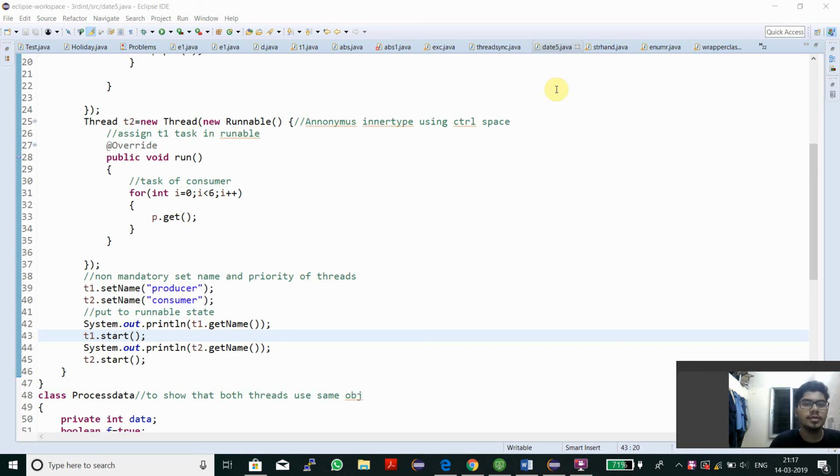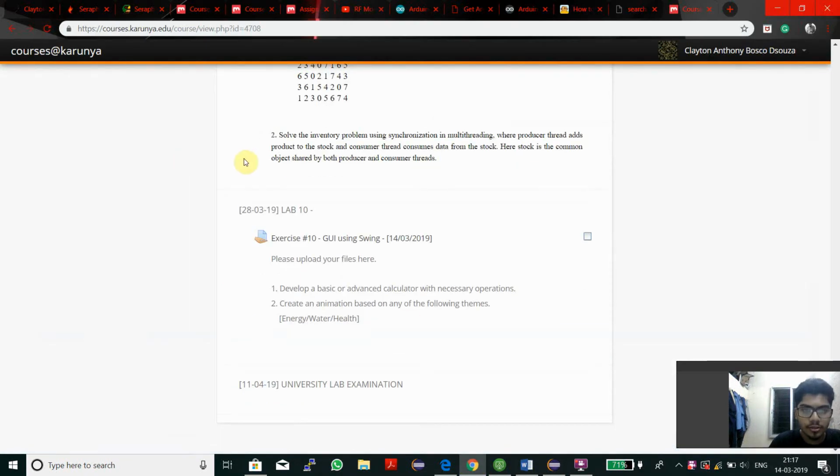Today we'll be doing the ninth experiment, which is known as thread synchronization in Java. As you can see, I'll load the question now. So I'll be doing this particular question, which says solve the inventory problem using synchronization and multi-threading, wherein the producer thread will add the product to the stock, and the consumer thread will consume the data from the stock, wherein the stock is a common object that will be shared by both the producer and